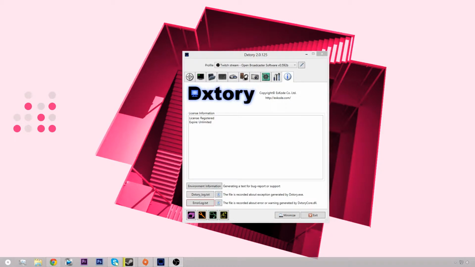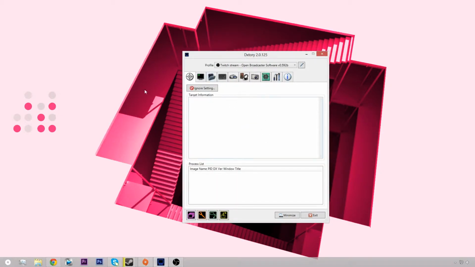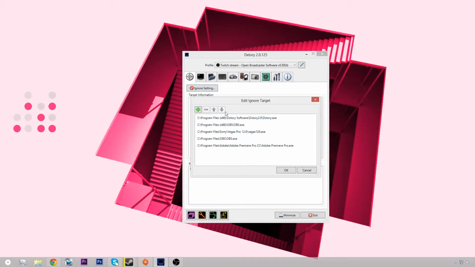Basically what I want to cover in this video is just some simple, useful little things to know about Dxtory and what you can do to improve your environment in Dxtory. I'm going to start all the way on the left here with the ignore settings. Anything that you notice has an overlay when you don't want it to have an overlay, you can modify in